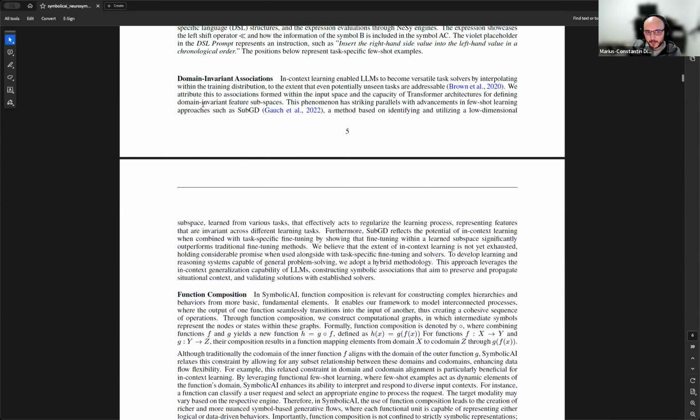To sum it up, why this works is because these are what we call domain invariant associations. Think of a very specific use case: on one hand side you have the Java programming language, and on the other hand side you have Python.